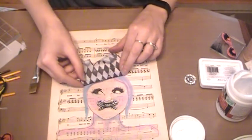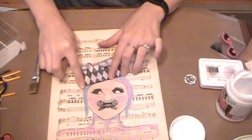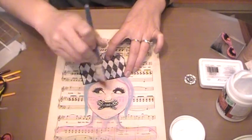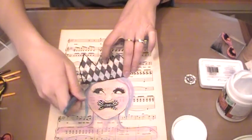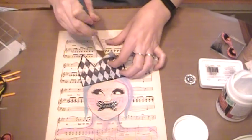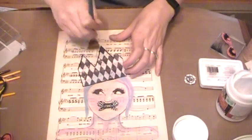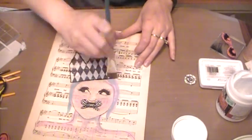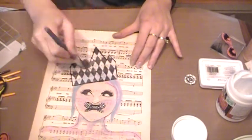However, when I used glossy last time, I just went over the entire thing afterwards to seal it, so it doesn't really matter. Use whatever you have. If you guys have plain Elmer's glue, that's fine too. Don't be afraid to use it. And I'm just kind of putting it under and going over the edges to keep everything sealed and